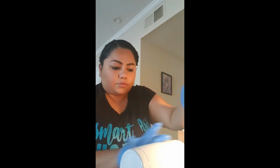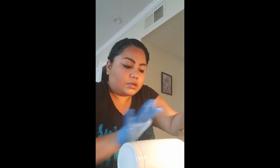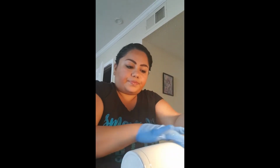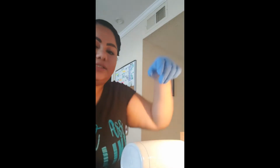Okay. So now what I'm gonna do is sweep up and down. Just go up and down with it. I want to make sure everything has epoxy on it. That is my main goal, is to put the epoxy all over it. So that way my next step, and I will show y'all next, is how to put the glitter on. So I'm just going to keep doing this, and you'll see the next clip when I get ready to put